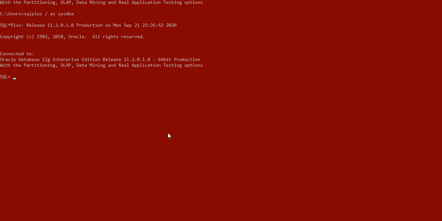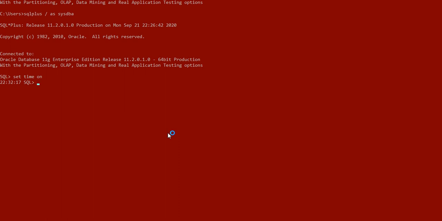Whenever we come inside the SQL*Plus prompt, a good habit is to set time on. The set time on function will start showing the time with the SQL*Plus query commands. Whenever you fire a query, it will show the time when you fired that query. It is helpful for the duration it takes to give you results, or when later on you want to know at what time you fired that query.